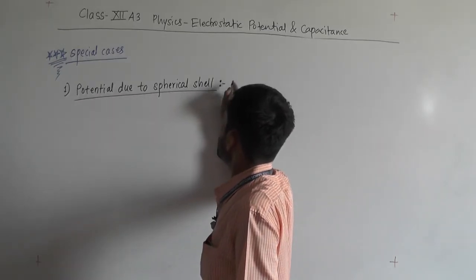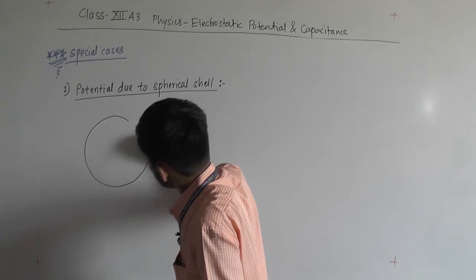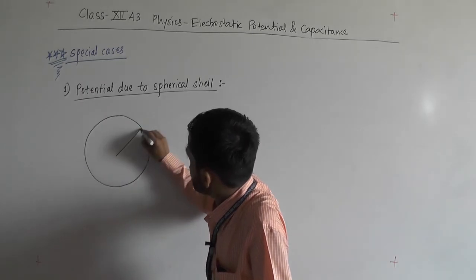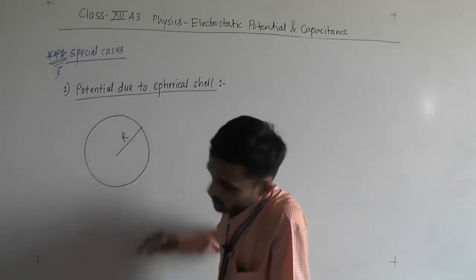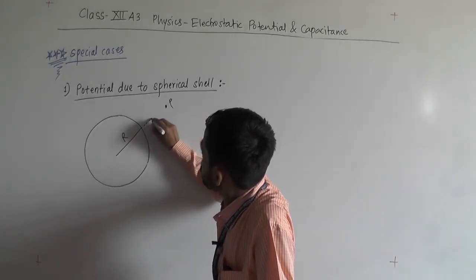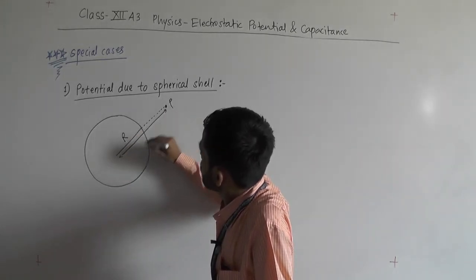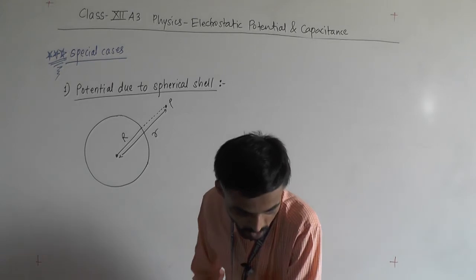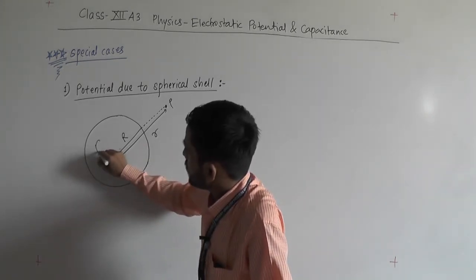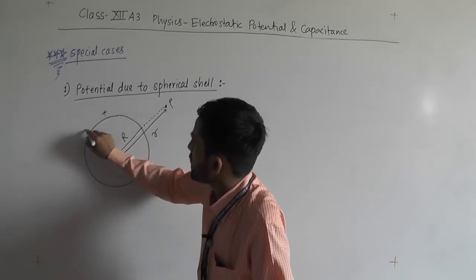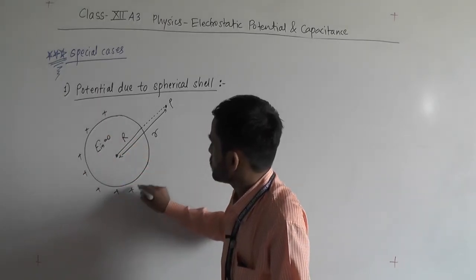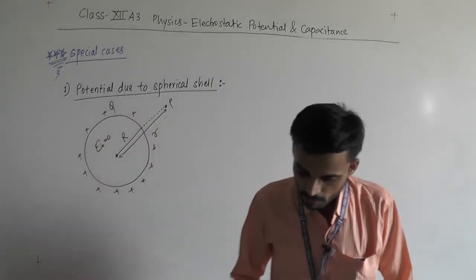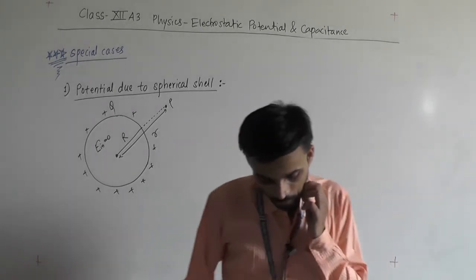पोटेंशियल ड्यू टू स्पेरिकल शेल. तो ऐसा शेल निकाला है, शेल मतलब हॉलो. तो उसका क्या क्या दिया है, रेडियस दिया है r. ओके, और यहाँ पे पॉइंट P दिया है. तो ये टोटल डिस्टेंस बोले हैं r फ्रॉम द सेंटर. ओके, नाउ और चार्ज कितना दिया है, हाँ, और इलेक्ट्रिक फील्ड इनसाइड इज 0 एंड चार्ज दिया है प्लस Q. ये आपको देना मेरा जिम्मेदारी, Q चार्ज रखा है. ओके, तो V का वैल्यू कितना आएगा, तो पहले उसका वैल्यू नोट डाउन करो.